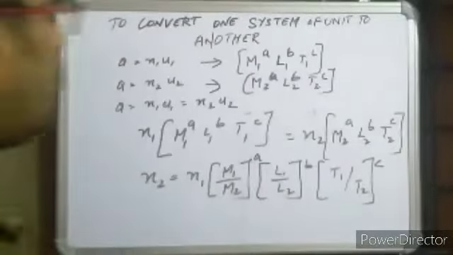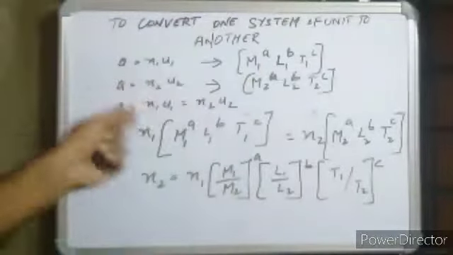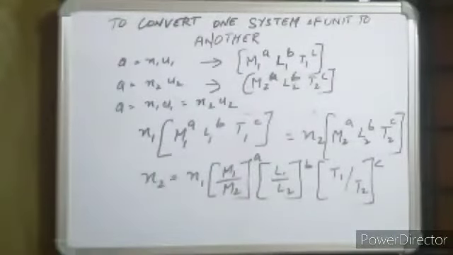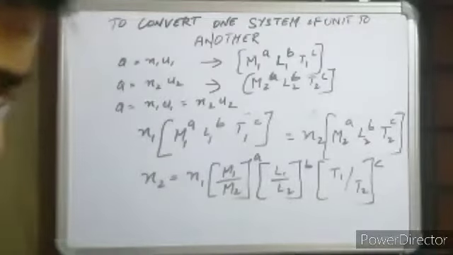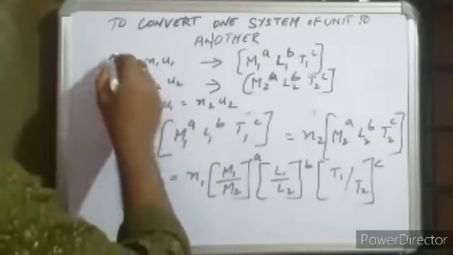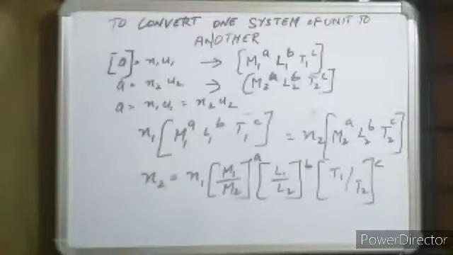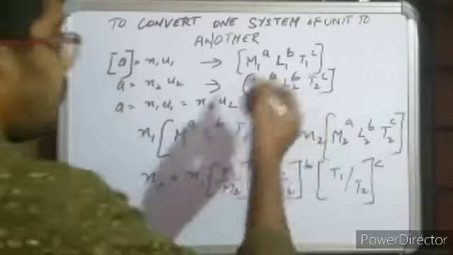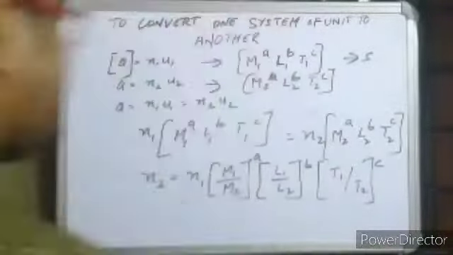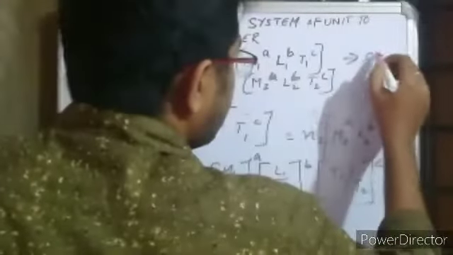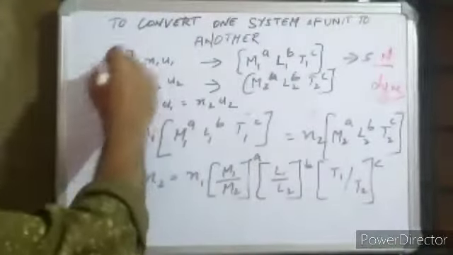Now coming to the third application, that is converting from one system of unit to the other. So think that you are having a physical quantity Q. Okay, the physical quantity, I am considering it as force, let's say. So force, I am taking it as Q. So this force can be either 2 Newton in one system of unit, let's say SI, and in another system of unit CGS, it is dyne, right? So Newton and dyne. So your quantity is force.